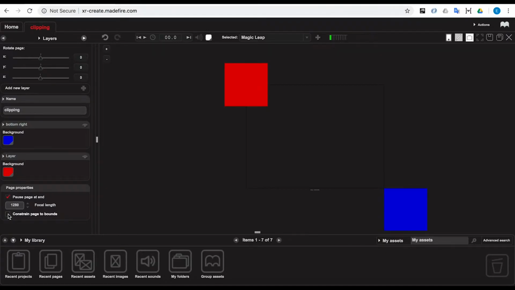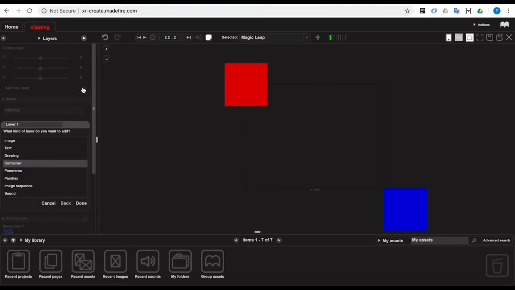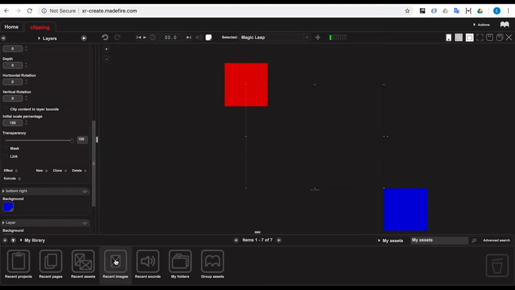If you uncheck that, you can see that everything shows up. If I re-enable it, the layers out of bounds are clipped out. You can also set the clipping property on a per layer basis. If I want to create a portal in space, let's say we're creating a panel, I'm going to first create